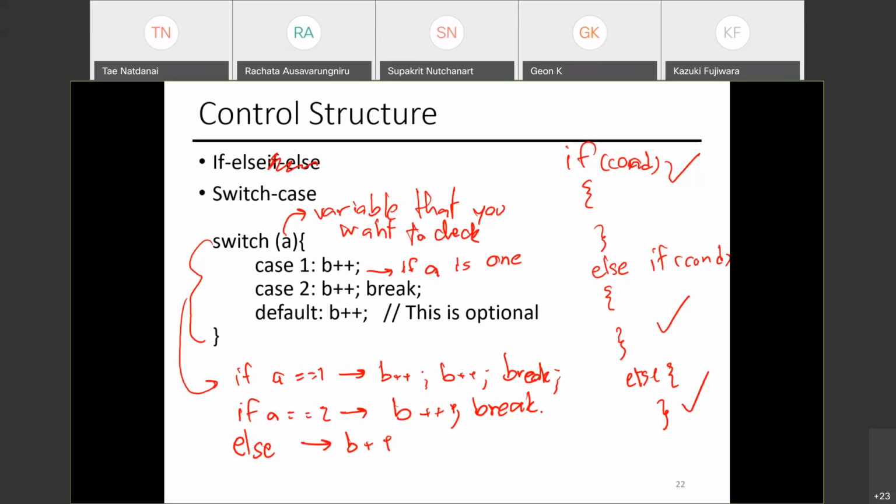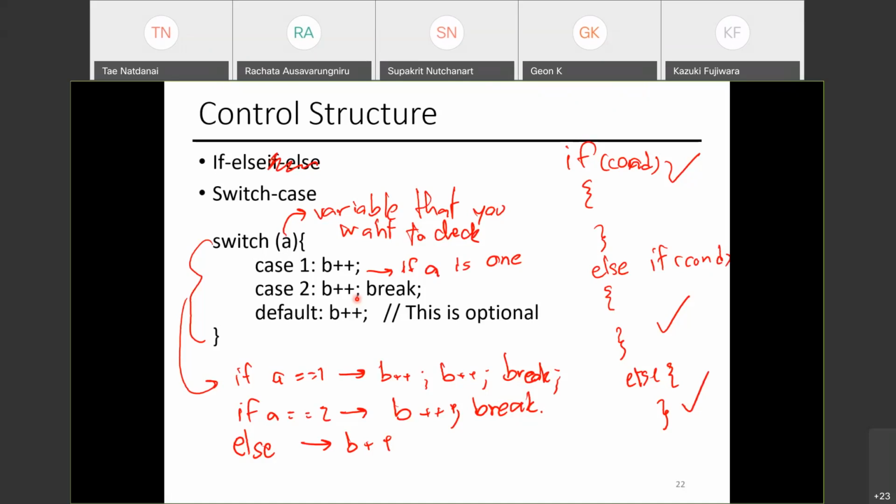What if we don't have a break? That's a great question. Basically, if you don't have the break right here, let me use a laser pointer. So this break, if you take it out, what happens is if A is 1, it will do B plus plus, B plus plus, B plus plus.